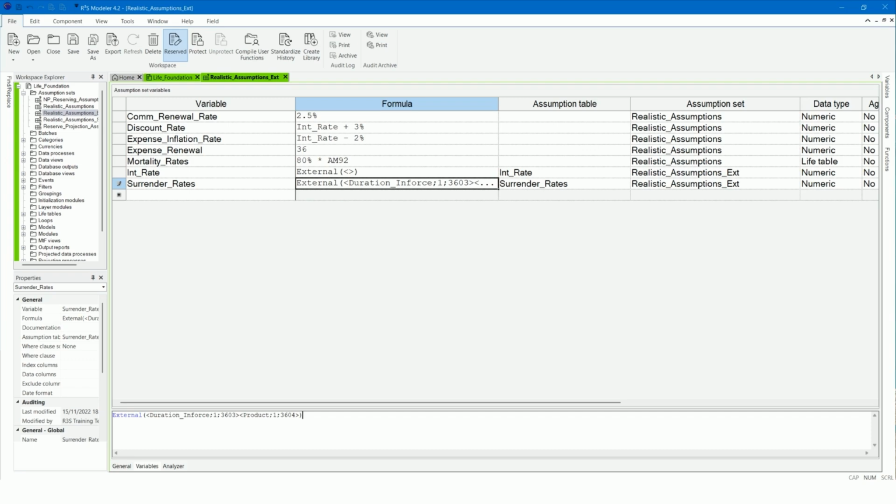Model for a whole model. Data process for all data sources. Data source for individual data sources. Layer for all programs in the layer. Program for individual programs in the layer.